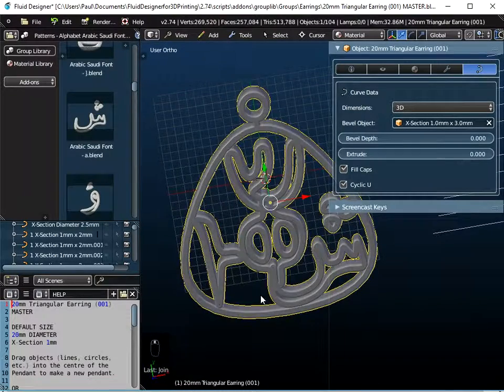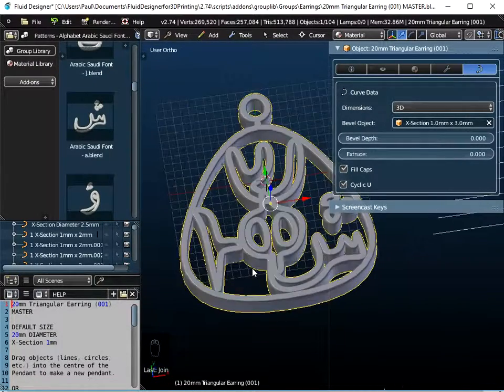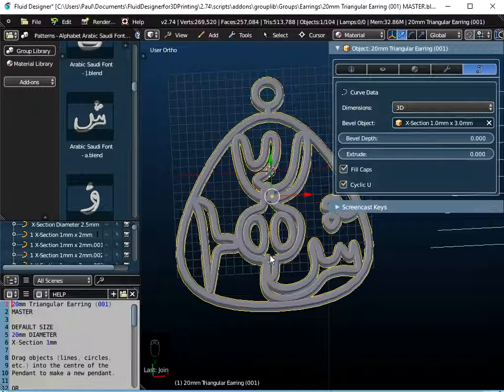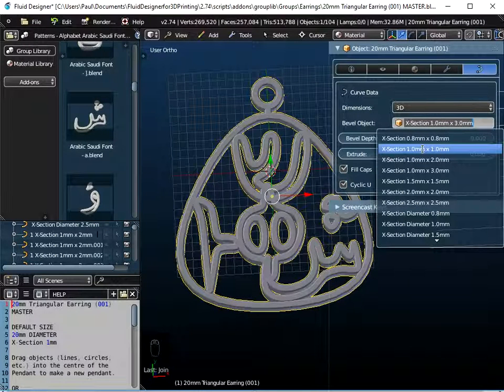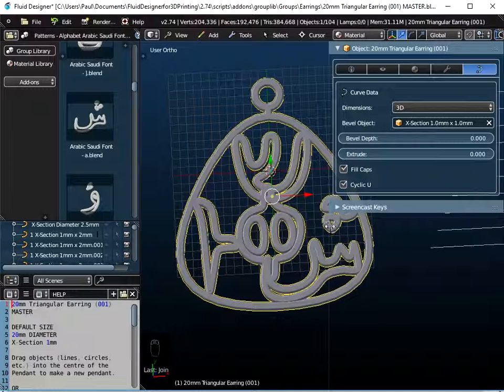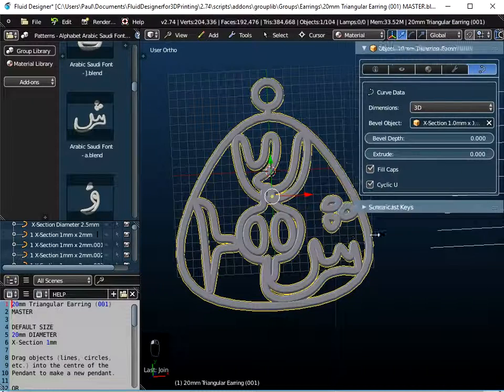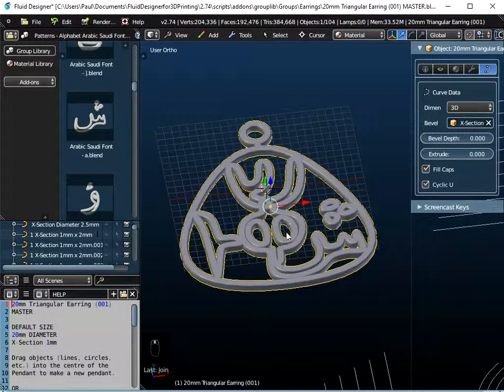so you could actually create that as a pendant. What you're probably going to find is that that's a little bit too heavy as an earring, but you can check the weight of this, and I'll show you that in a second. So I'm going to change that back to a thickness of 1 by 1 because I want this to be an earring. I'm not actually going to add in the gems here,